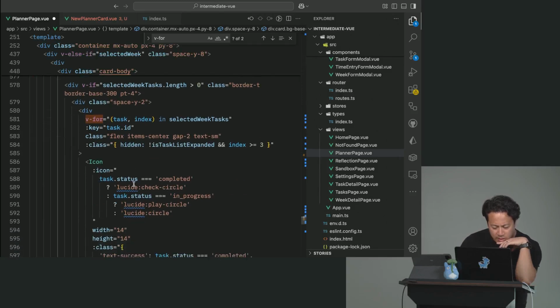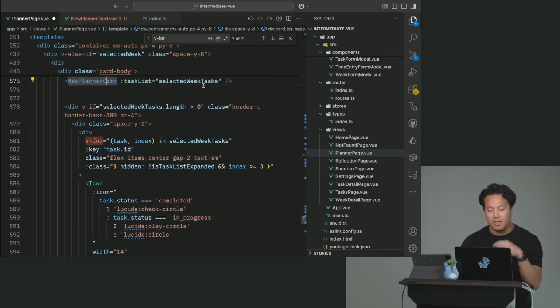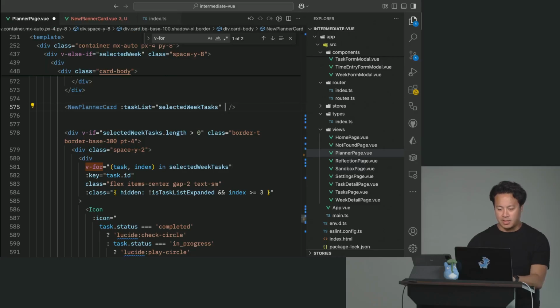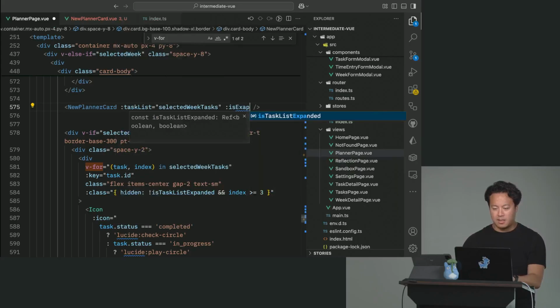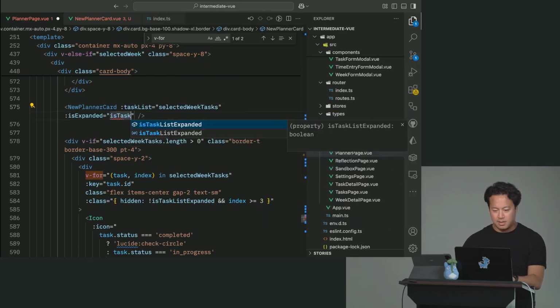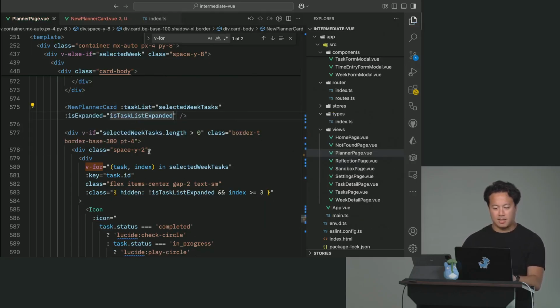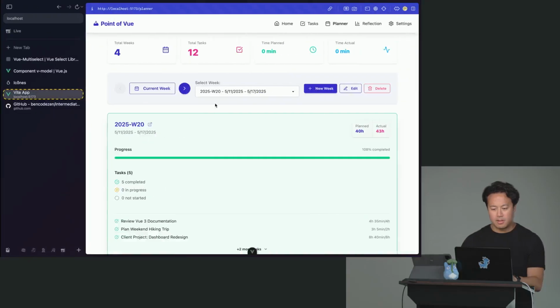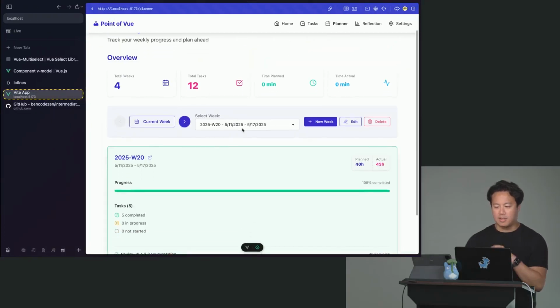And let's see, are we doing anything interesting with that here? Hidden is task list expanded. Okay, so that means we do, in this regard, we can say is expanded, it is equal to is task list expanded, like that. Okay, so then we can refresh, and then you can see